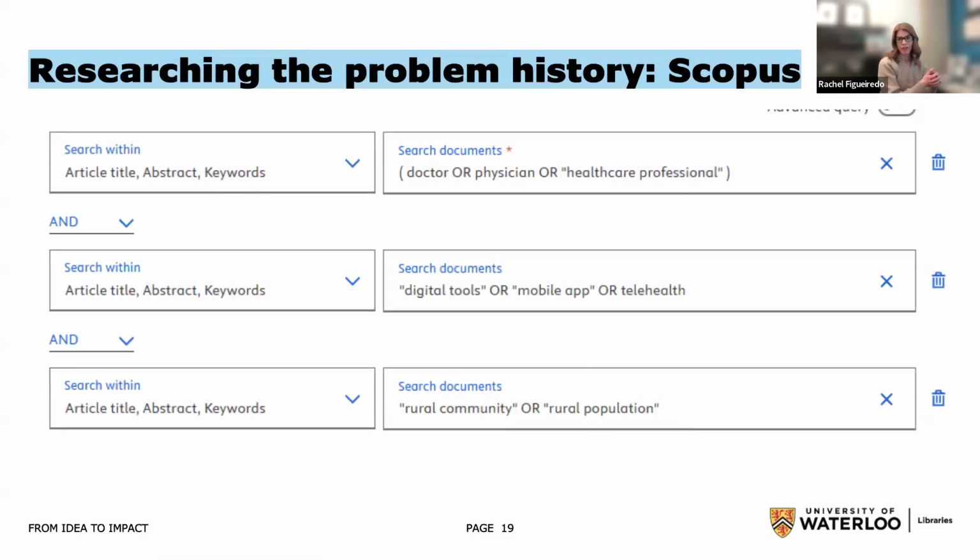A few of the slides that you'll have access to will demonstrate another example of this same research question. And so here, what I might do is go back and start editing my search. So if I discover a particular population of people that I want to focus on, or a particular area that I want to focus on, I would go back into Scopus and keep editing my search fields and keep being more specific. Because as you could see from our first search, there were lots of articles. And so we can keep being more specific and start narrowing down to the ones that are really, really relevant to us.